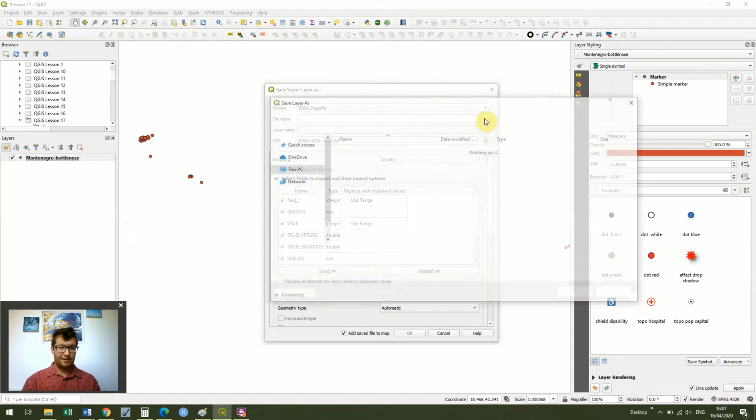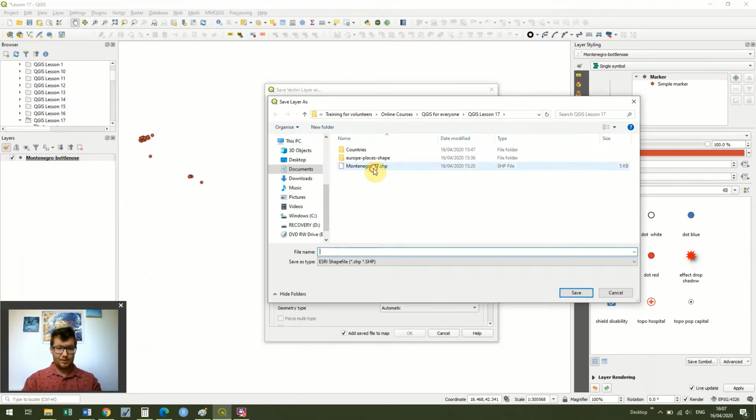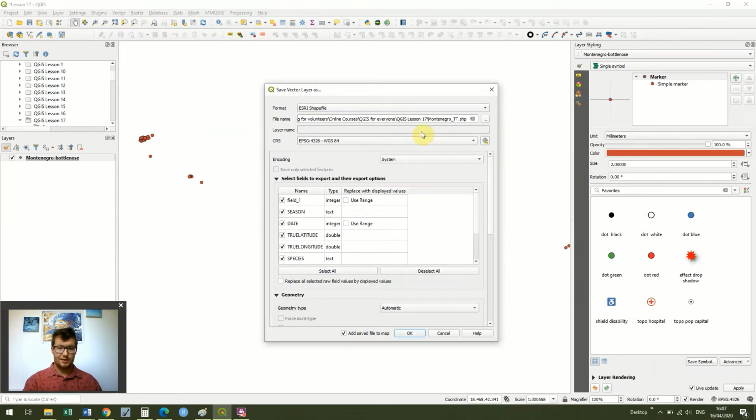For our file name, we're just going to call it Montenegro_TT. TT is the Latin name for bottlenose dolphins. The layer name will stay the same, and then we're going to leave it in this coordinate system, which is WGS84, the World Geodetic System, and we're going to bring all the values through. So once I've done that, I can just click OK,